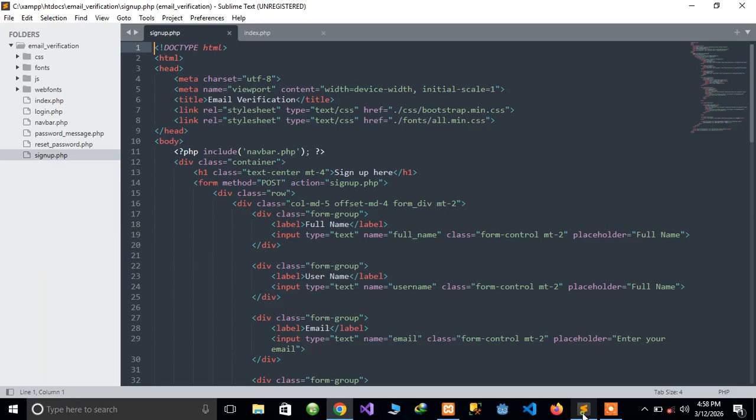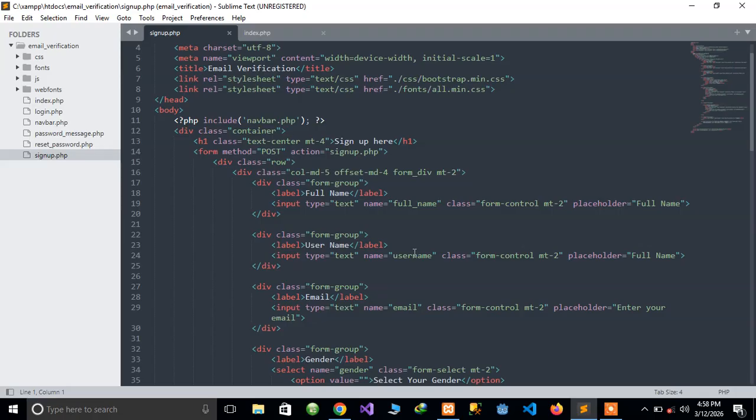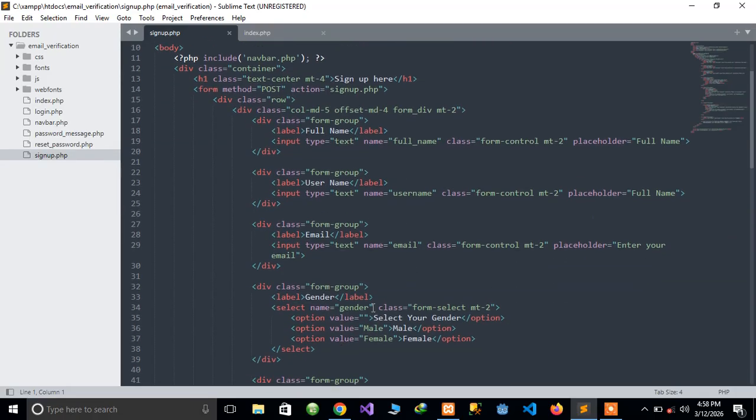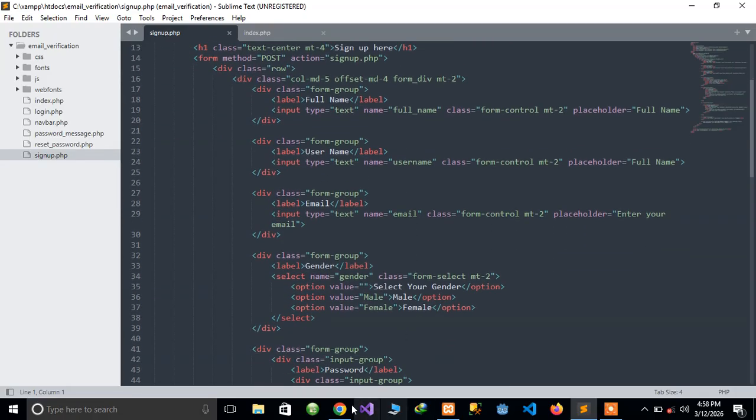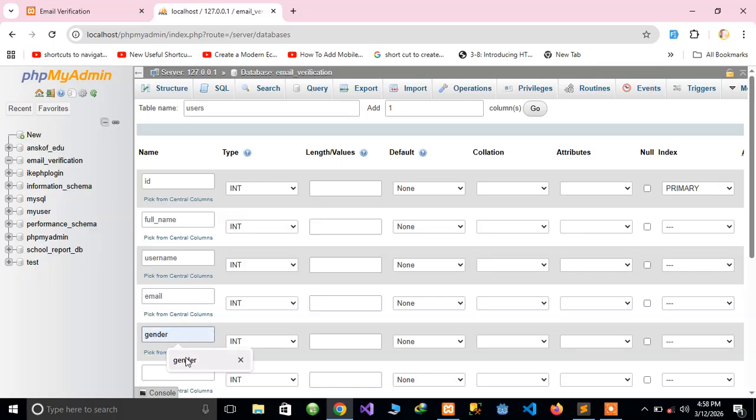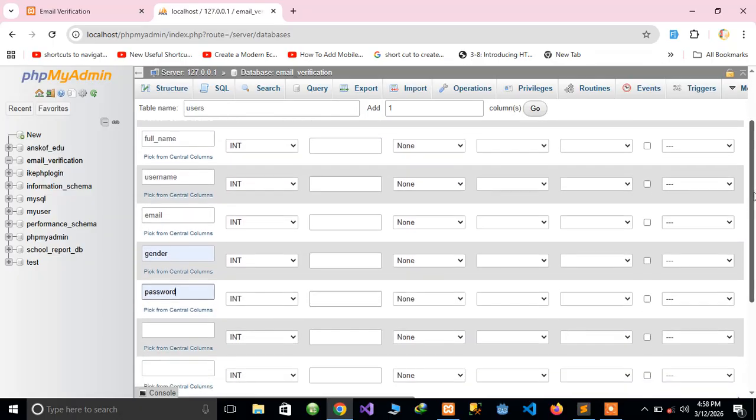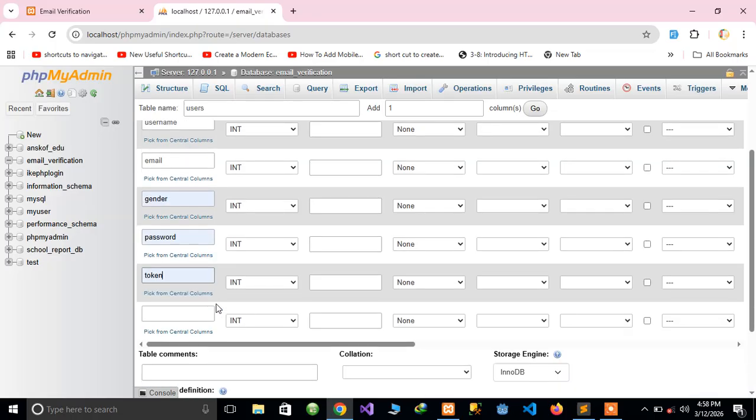So according to our sign up page, we have the full name, the username, the email, the gender and password. So let's move on to gender and then password. They are coming automatically because I have typed it before. If you haven't typed it before, you have to type it yourself. Okay. The next field is going to be the token. This token is going to be sent to the user's email with some link. If you click on it, it will validate the email for the user. And then the last one is the